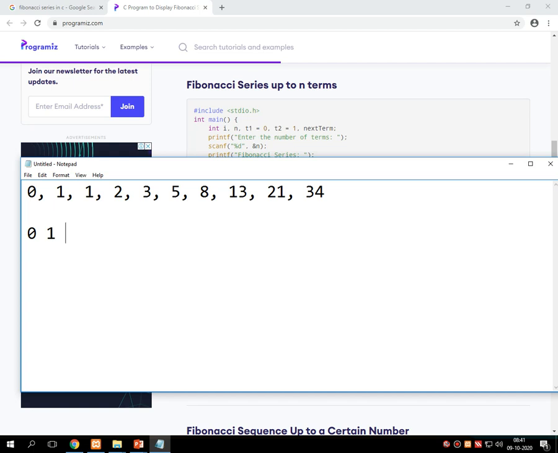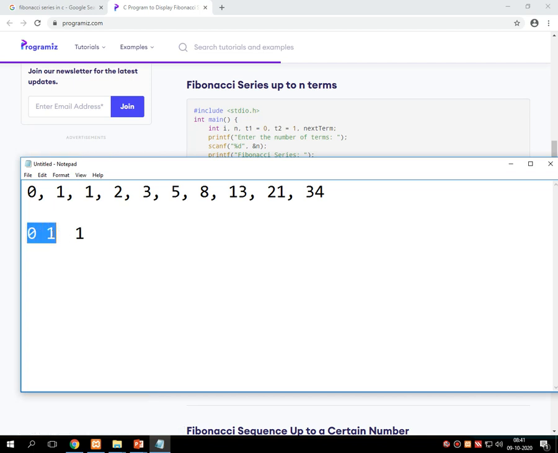I have to repeat the program using a loop, where it adds the first number with the second number. If I add 0 plus 1, it becomes 1 as an addition, right? Now in the next repetition, this becomes my old number and this becomes my new number.